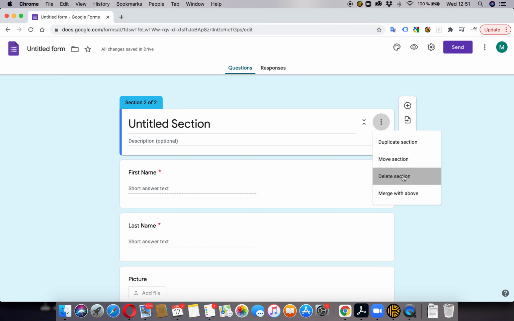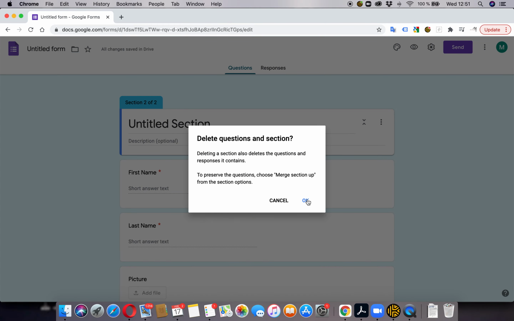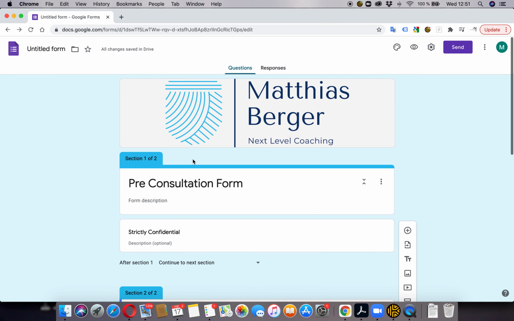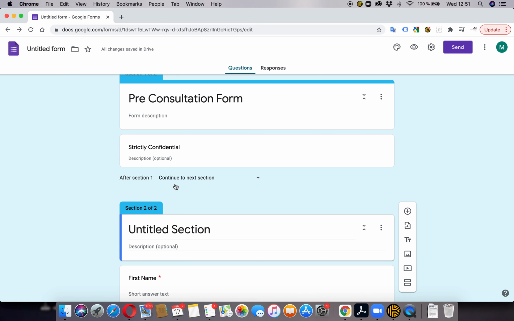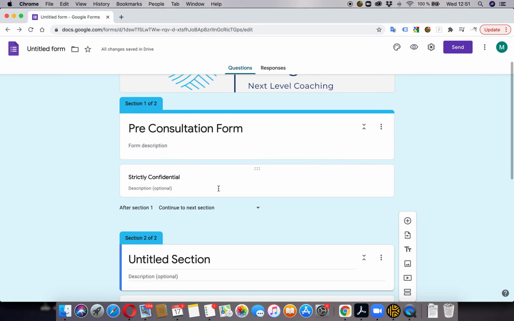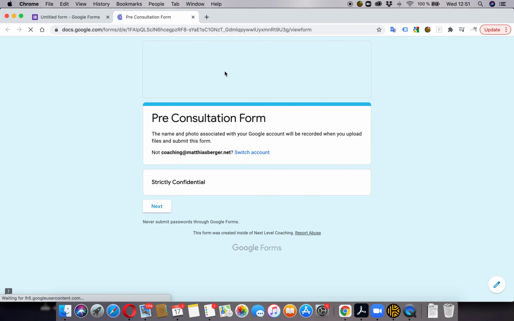So I delete this section. Delete all the questions. I don't want that to happen. So I just leave the section here. So basically the section, when you load the form, it's going to be two different pages. Let me show this quickly. So you go here on preview. Can you see? So now it's the